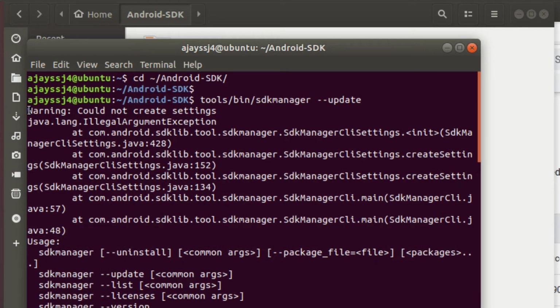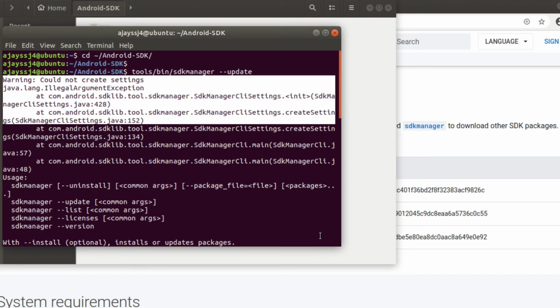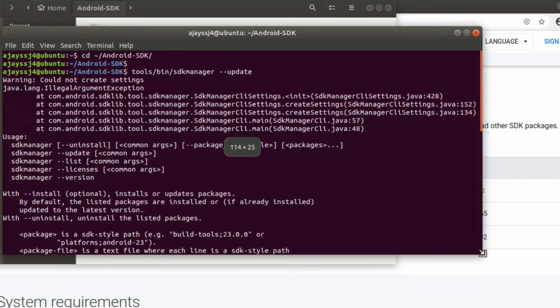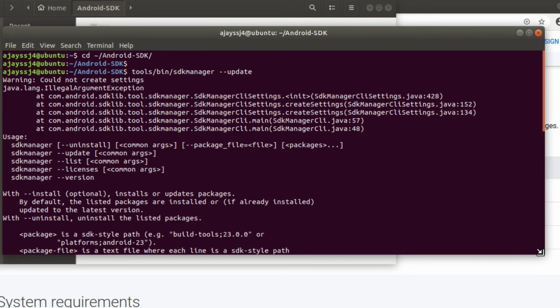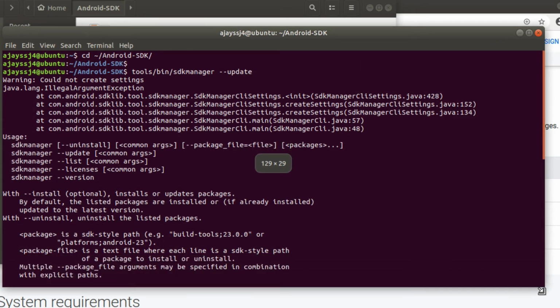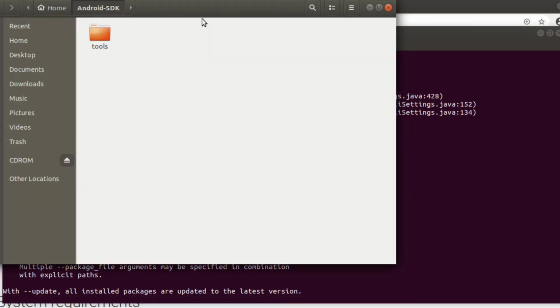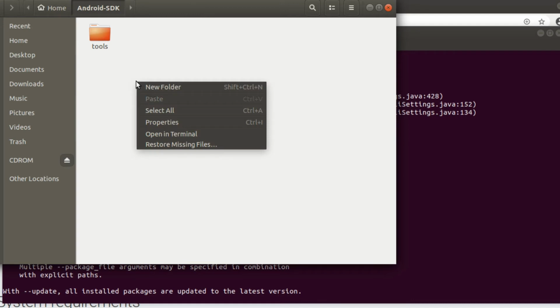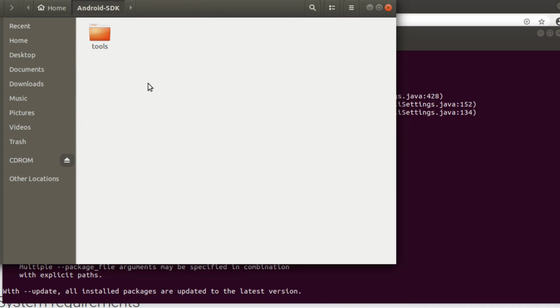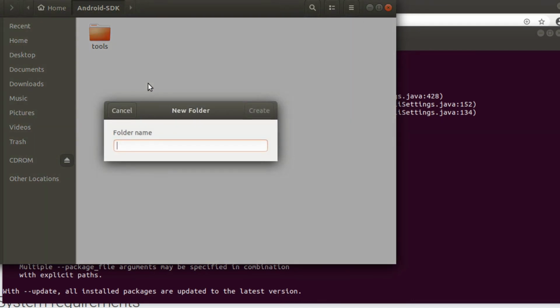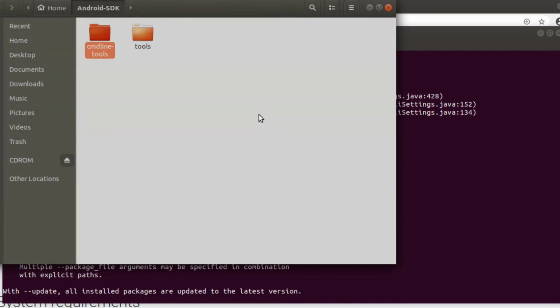If you get this error, to resolve it, go to the Android SDK folder and create a new folder and name it cmdline-tools and move the tools folder in it.